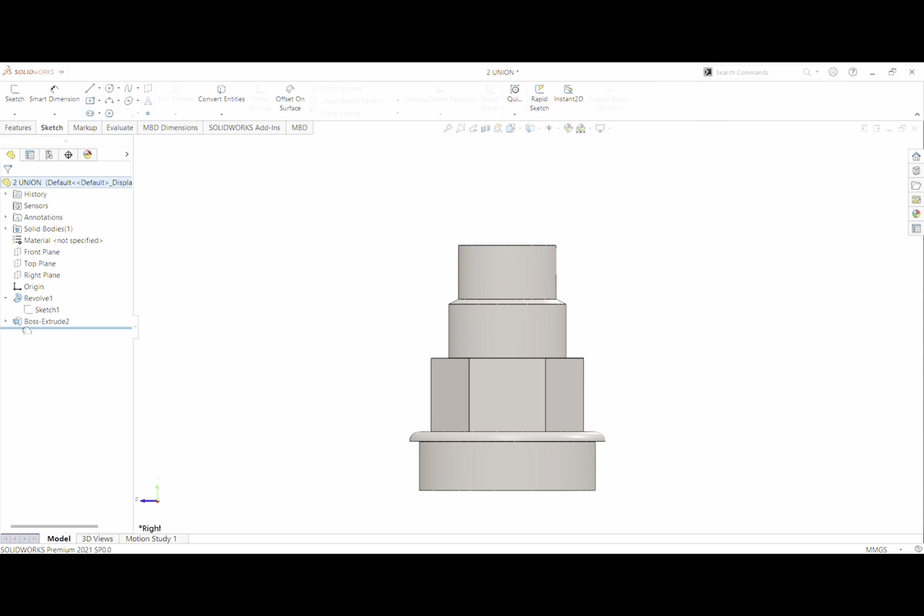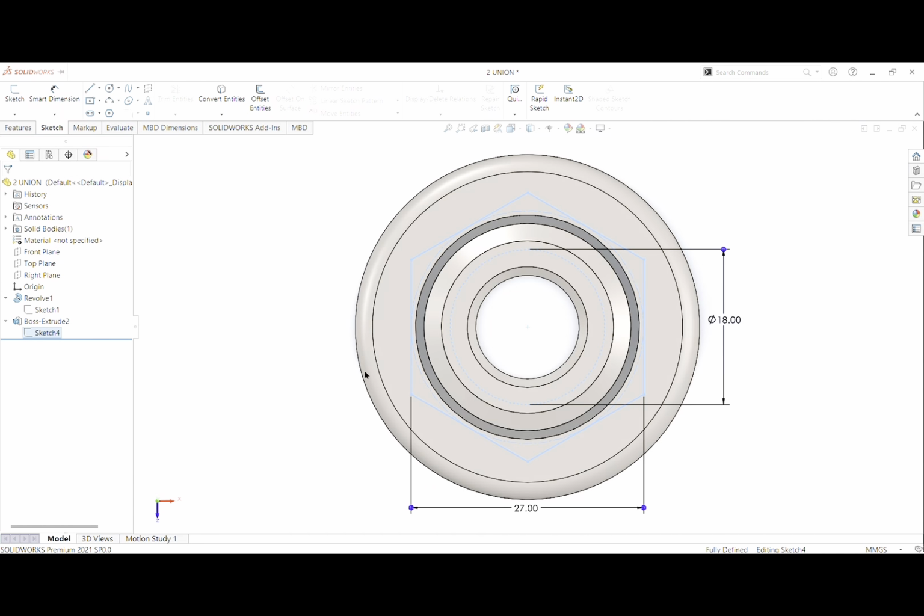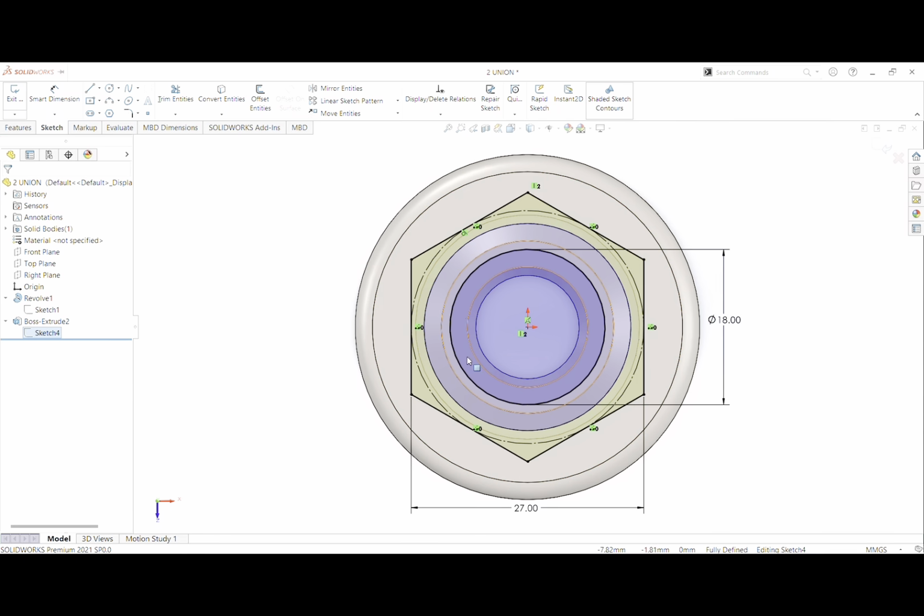And then for the next feature, I will sketch from the planes. I will sketch the circle from the midpoint with the diameter 18 mm, and then from the midpoint I will choose the hexagon with this line and this line. The distance is 27 mm,